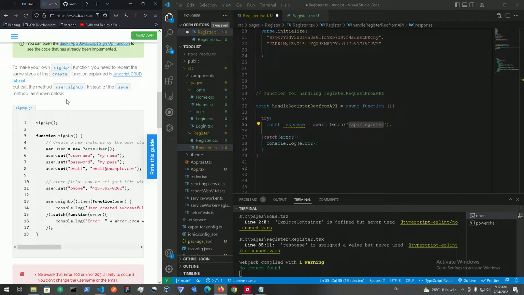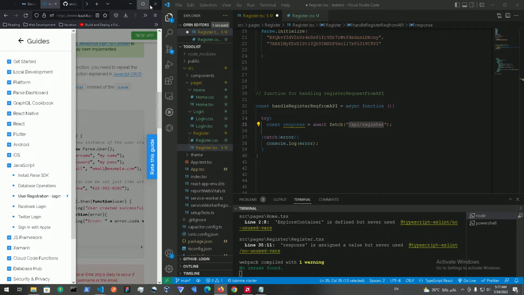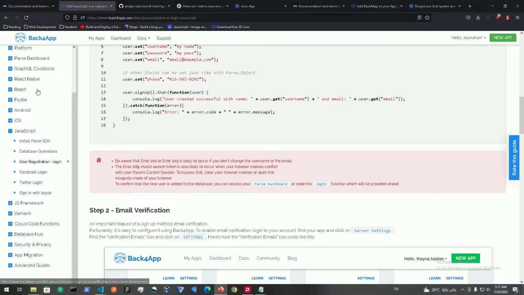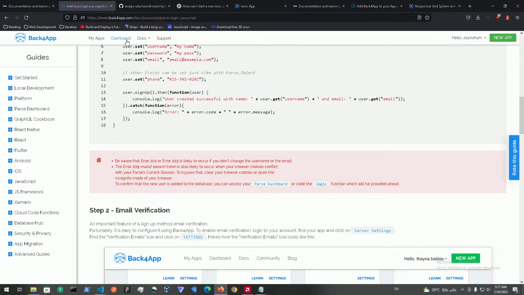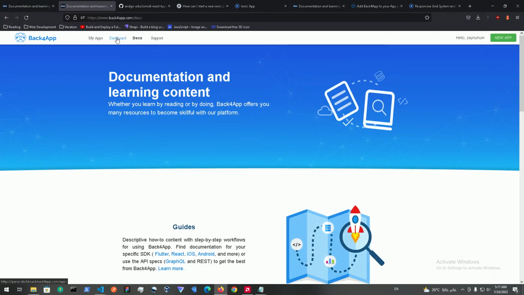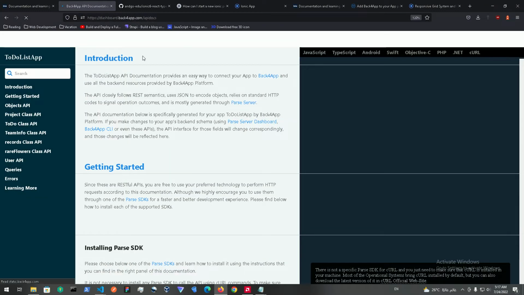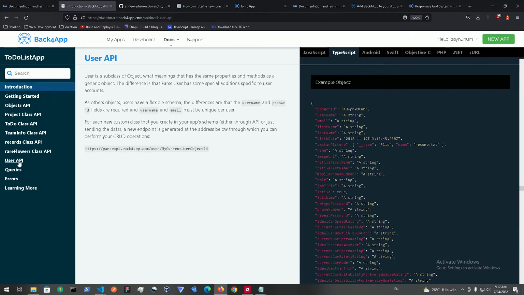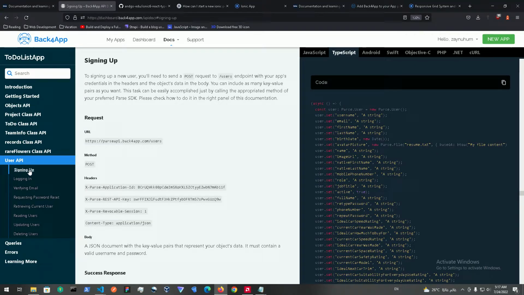I think there is a better way to do this, and just go into, where was it? I'm sorry, just give me a second, you guys. Docs and API reference. Yeah, that is the one. User API, and we want signing up. Beautiful. Alright,